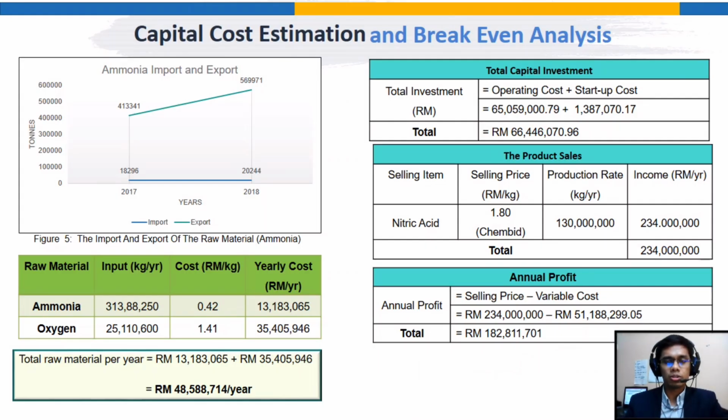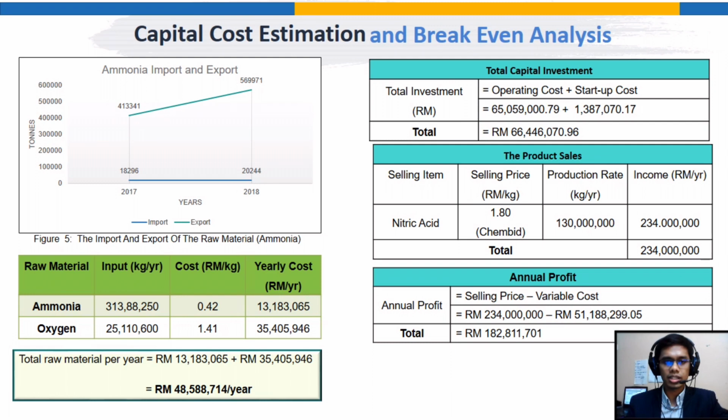As for the raw material supplies, we decided to get ammonia from an industrial company. The ammonia can be obtained from Petronas Chemical Ammonia Sdn Bhd. And for the oxygen, we will obtain it from Linde Gas Products Malaysia Sdn Bhd. We can see that the supply of ammonia in Malaysia is sufficient for our production of nitric acid. The total capital investment is